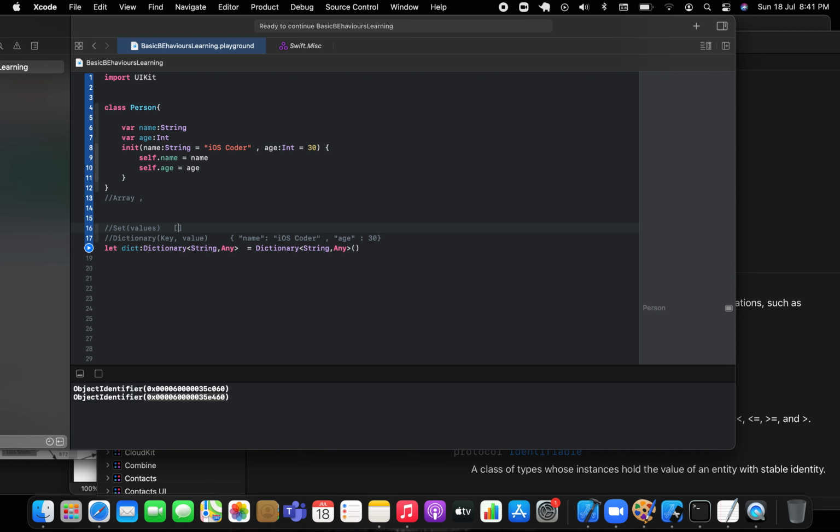So values are there, then iOSCoder or 30 and so on, but it is any type, right? I don't want this any here, and you can say this person will go there, then it will be the list of people, so person 1 will be there and then person 2 and so on,